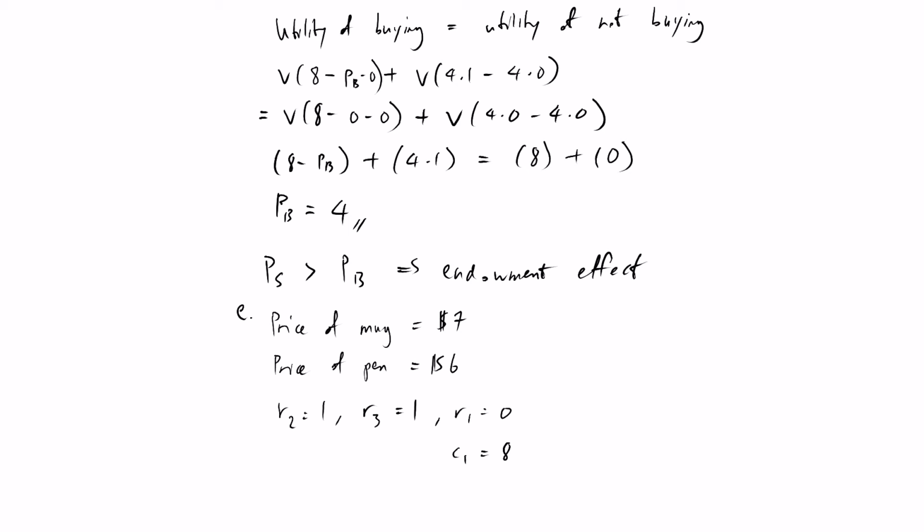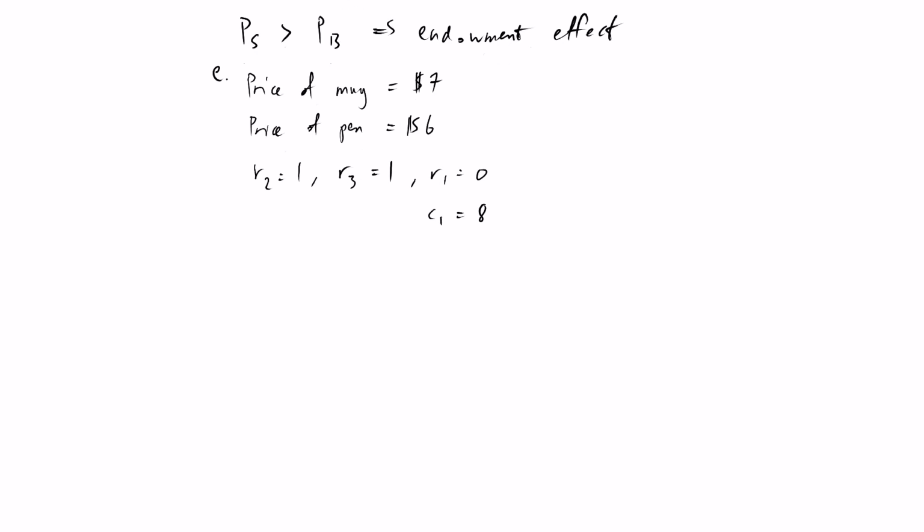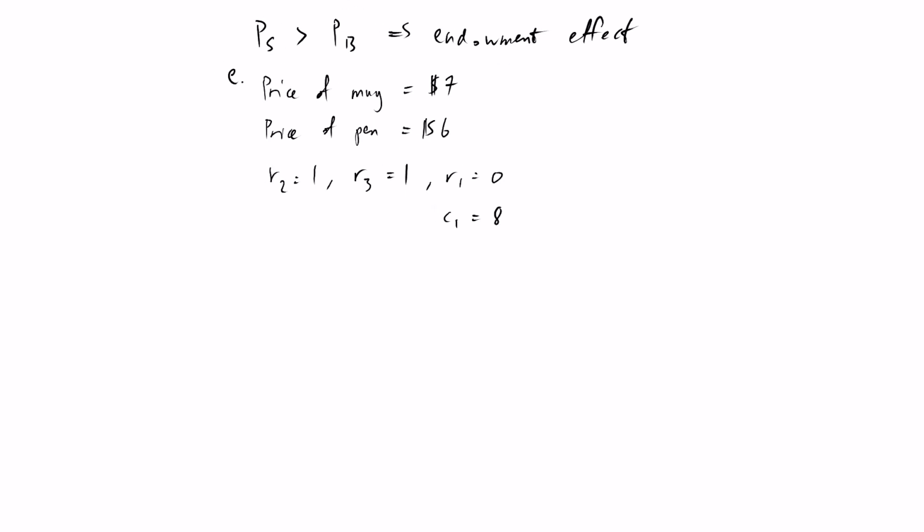All right. So in this case, we first ask, would he buy a mug, right? So once again, you need utility of buying equals utility of not buying. So for the subsequent parts, I'll skip this step, skip this line too, since you now know what we need to do. Okay, so he comes in